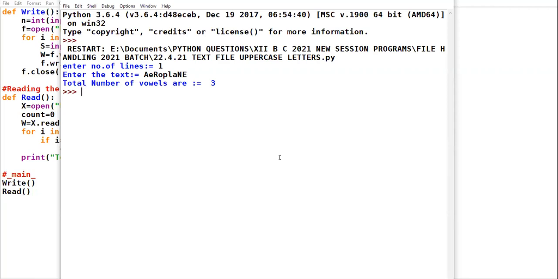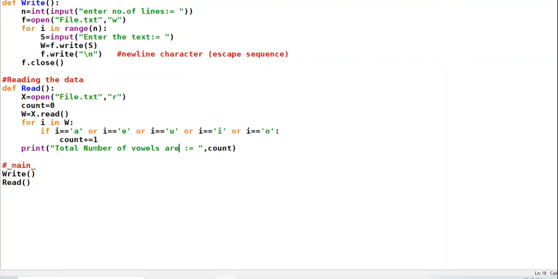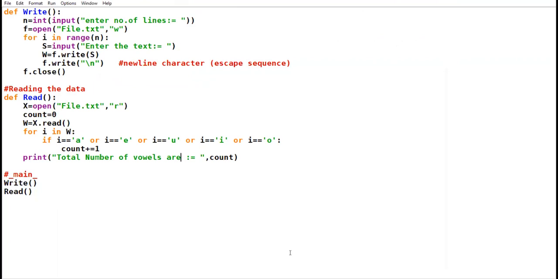Check it out. Am I clear to everyone in the lecture? This was the concept how to count.